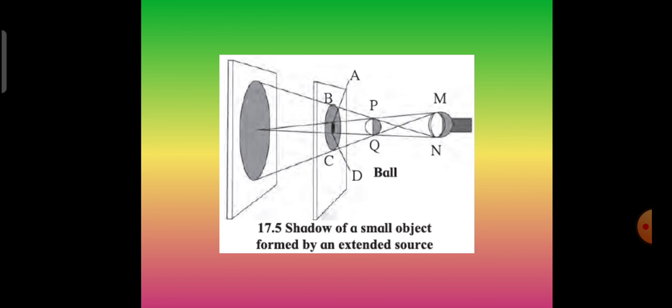Now, replace the big ball with one that is smaller in size than the light source. Observe its shadow on the screen. We see the umbra and penumbra of the ball on it. Now, without moving the light source and the ball, move the screen further away from the ball and observe its shadow. As the screen moves further, the umbra becomes smaller and smaller, and at a certain point, it disappears.